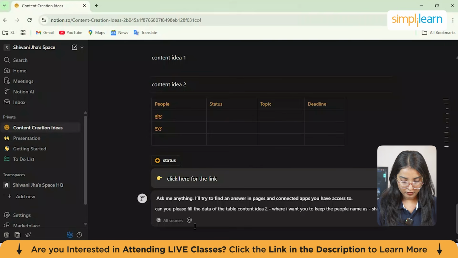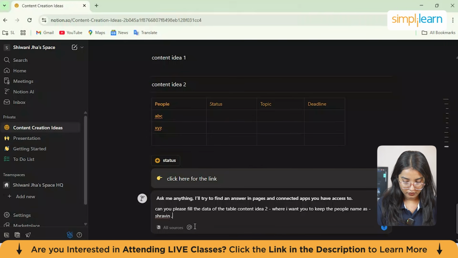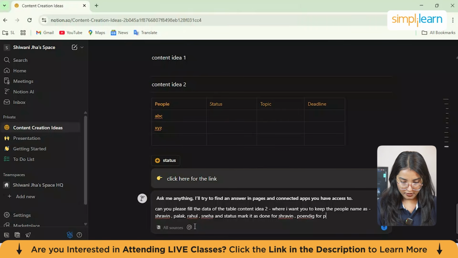the people names as Shravan, Palak, Rahul, and status, mark it as done for Shravan, pending for Palak, mark done for Rahul, and not done for Sneha.